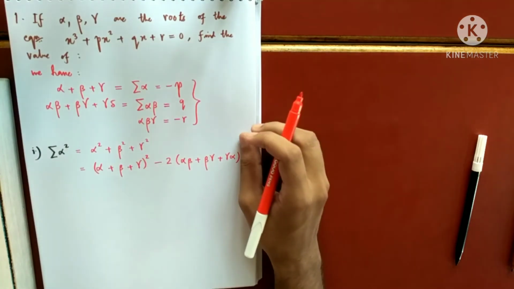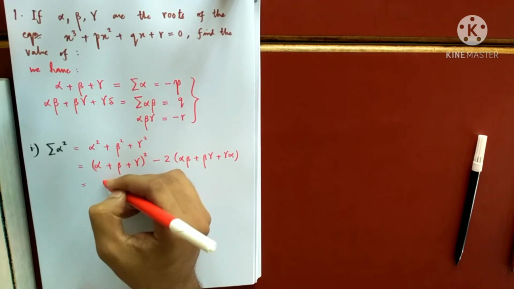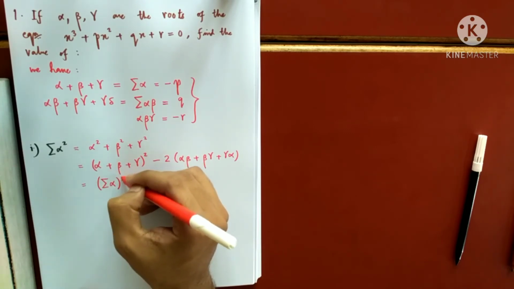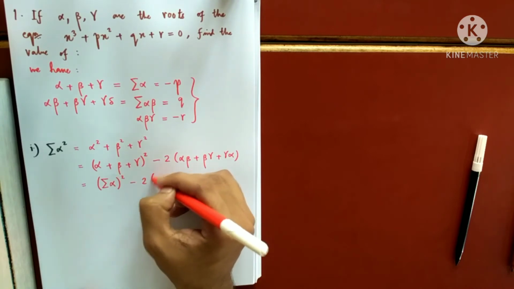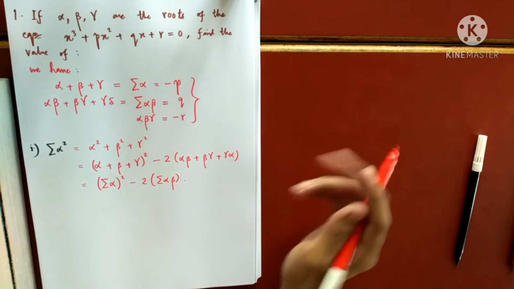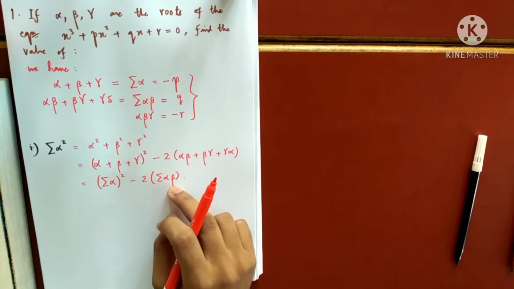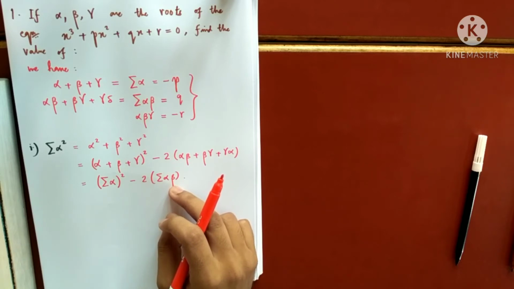Okay. So I'm taking that all of you understood. So what is this? This is summation alpha. The inside part is summation alpha. And this is 2 summation alpha beta. This is the compact form. So if you see into your books, from here they have directly written here. If you are comfortable, you can directly write, but you have to understand why they have written this.